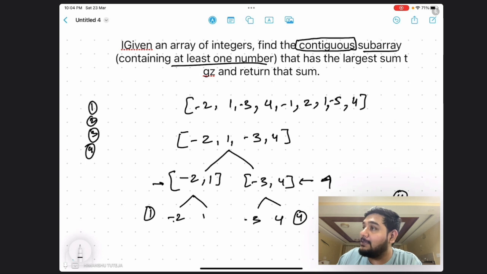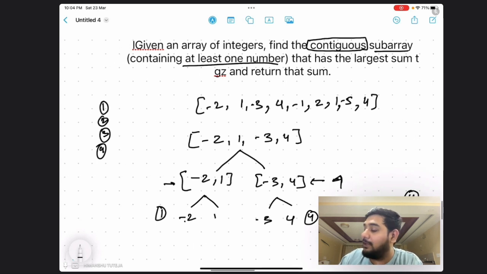And when I combine this, again the maximum sum will be 4 only, because the -1 will be coming here, 1 will be coming over here. And then I will combine all the array, I will take the entire array, then also the sum that will be maximum will be 4. So my answer will be this, out of this array that I created in a shorter format.